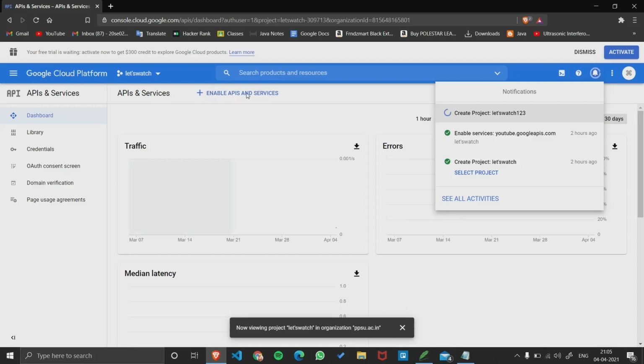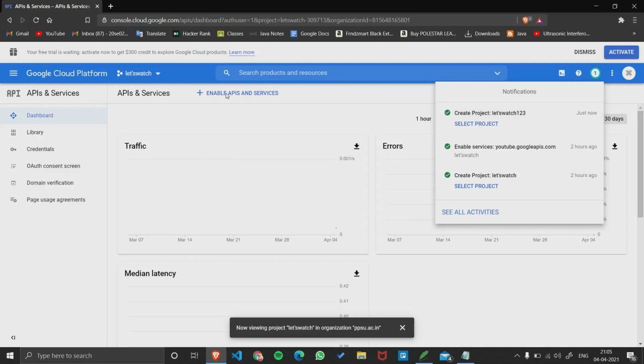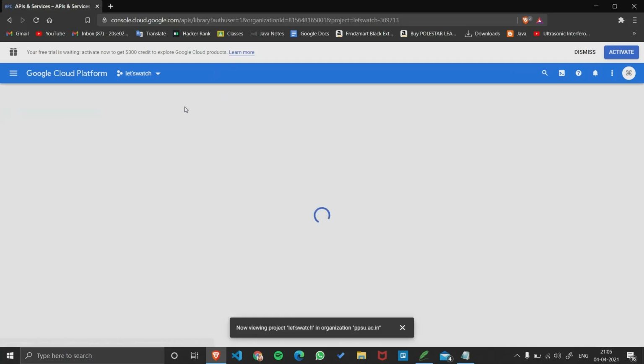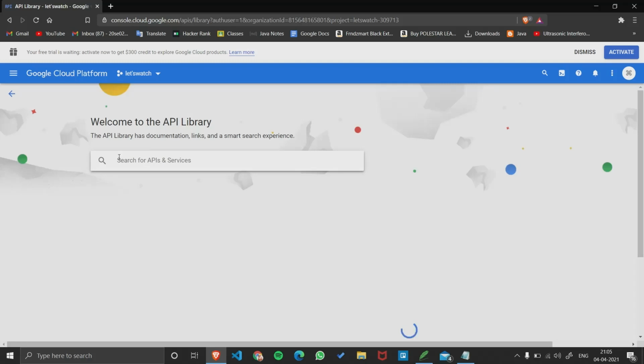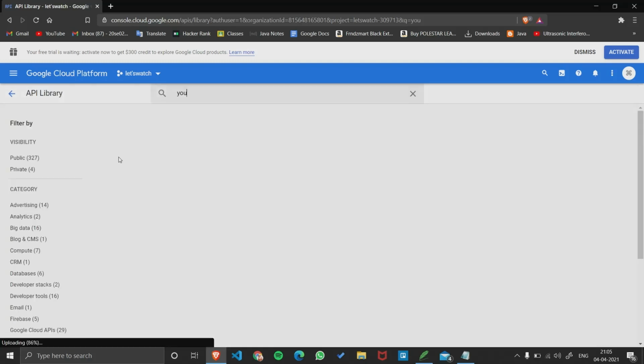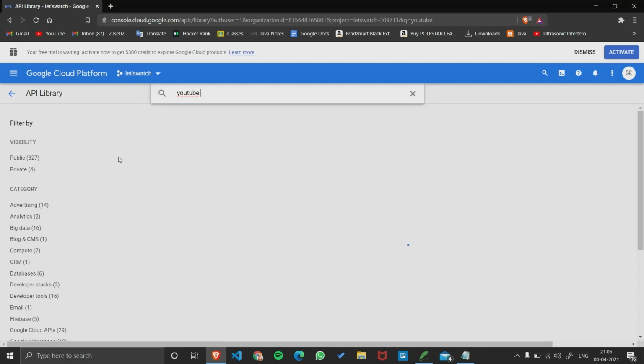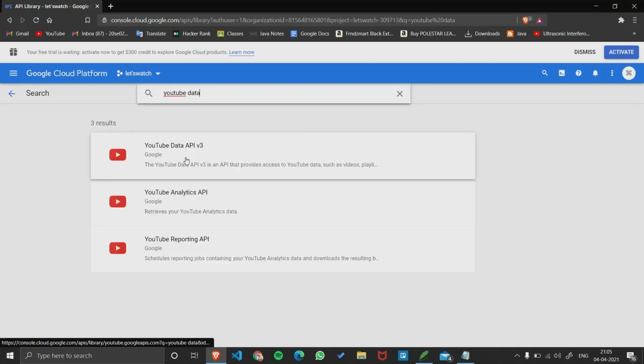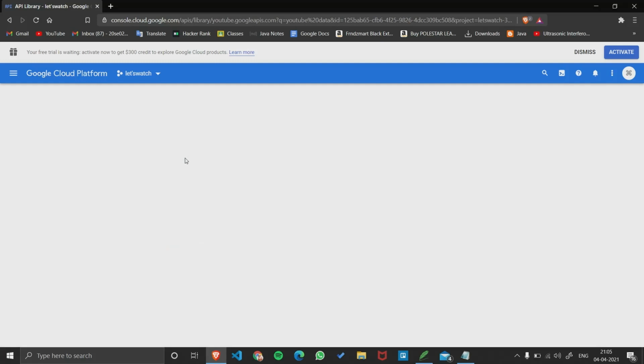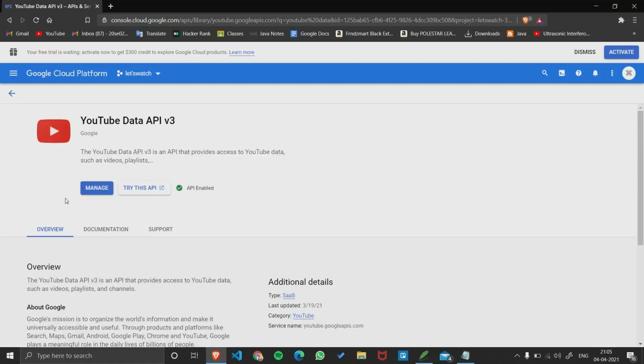Then click this Enable APIs and Services. Now search here for YouTube Data API v3. It will take time. I already enabled this.